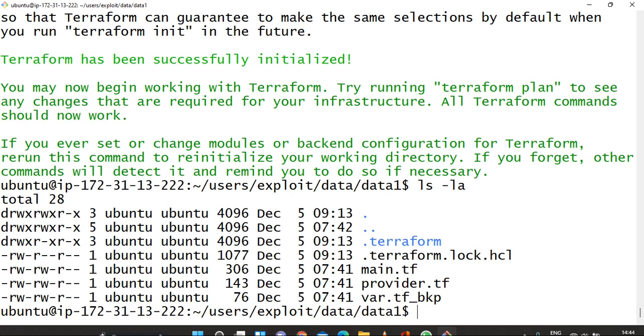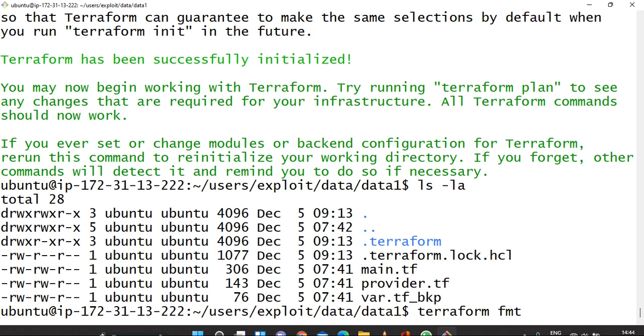Yesterday we already saw that before running the terraform apply command, we can run terraform fmt, then terraform validate, then terraform plan, and at last we have to run terraform apply. So now I will run terraform fmt.